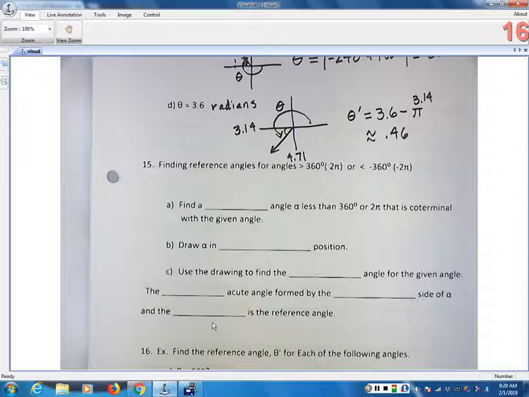So here we were in section 4.4 on number 15. So we talked about it a little bit. Let's just review what reference angles are. So I'm going to go to the previous. That's 5, 6, 7, 8, 9, 10. Oh, I'm missing page 11. Oh, well, I'll have to show you this one. Okay, so